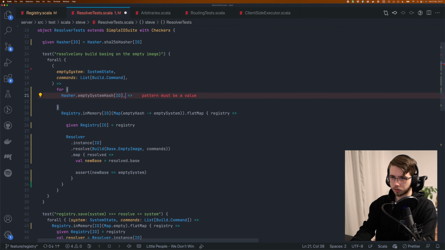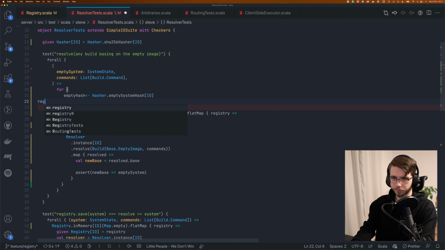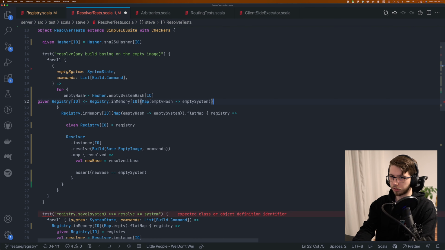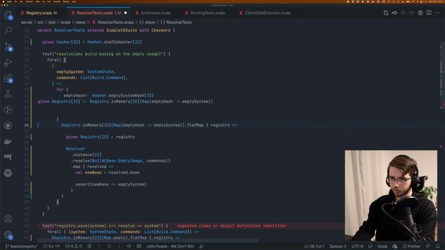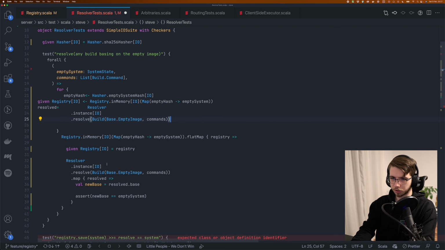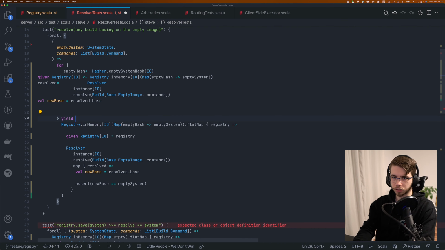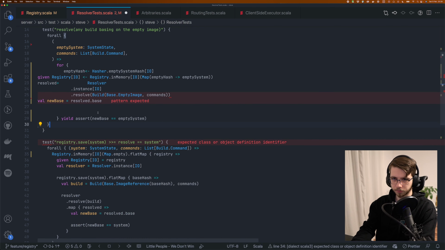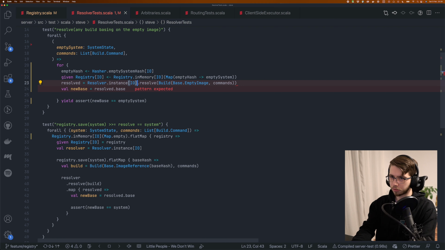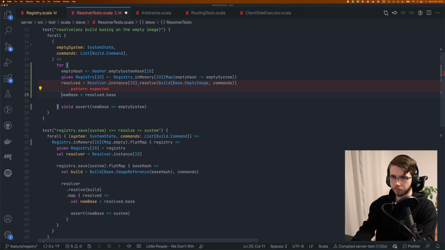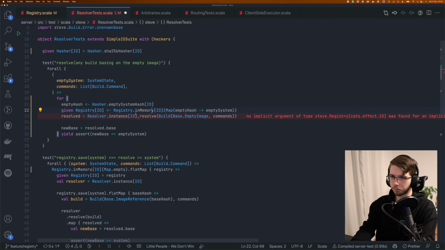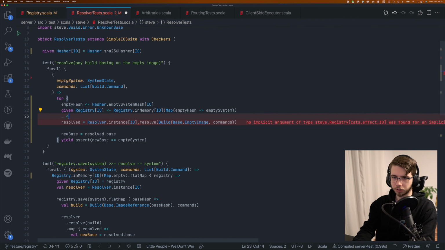So empty hash. Then we have the registry. Ooh, we can do given registry IO like this. And unless there's still that annoying bug, which I think there is, this might work eventually. I'm just copy pasting stuff right now. And yield insert. I think this is it. What else do you want? Pattern expected. Well. Yep, it's still broken. So I think we need